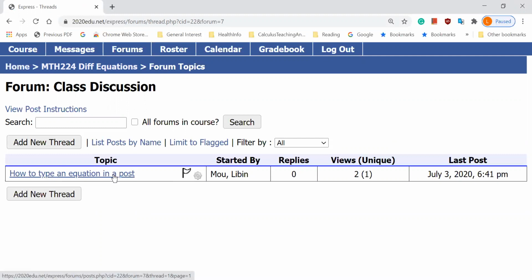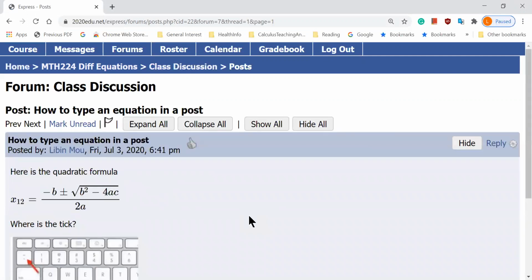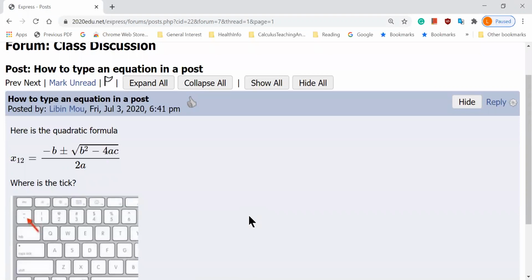So let's click to see what it is. Okay, so here we see there is a message here that says, what is the quadratic formula and what is the tip. Okay, well, I created this one purposely because we needed to practice how to type this equation